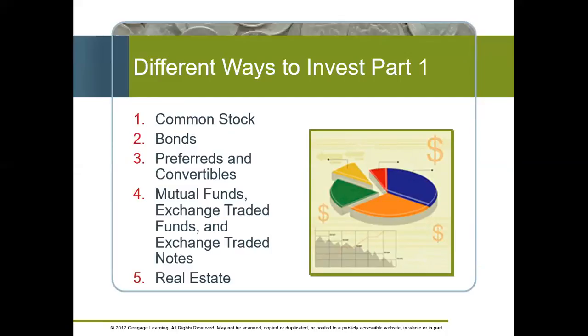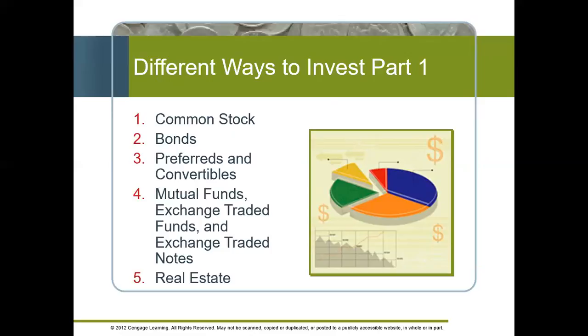Bonds are a little different. Bonds usually pay you some income, but don't really have much growth potential. So if I invest in a bond, like let's say a United States savings bond through the federal government, or a municipal bond through the state of Utah, which is where I live, or a corporate bond through a company like Walmart, these bonds are there primarily to pay me interest over time, or income over time.